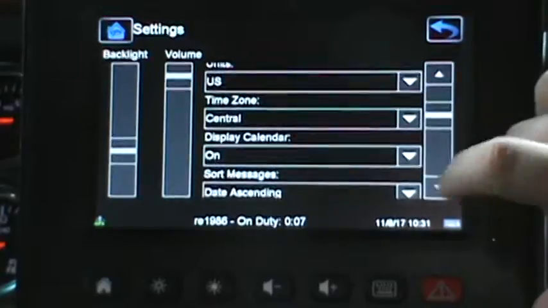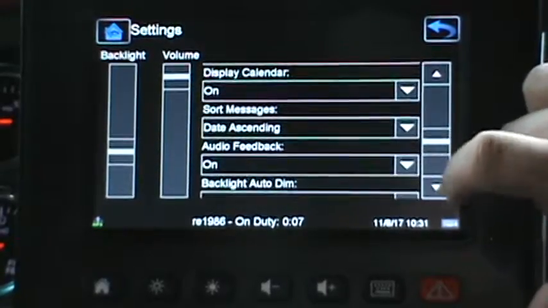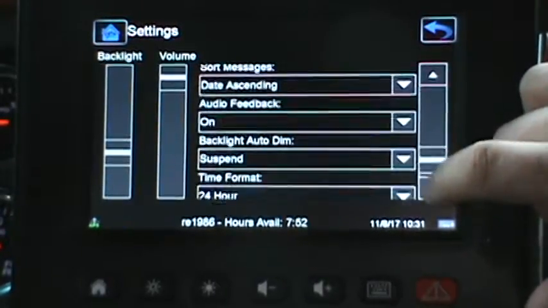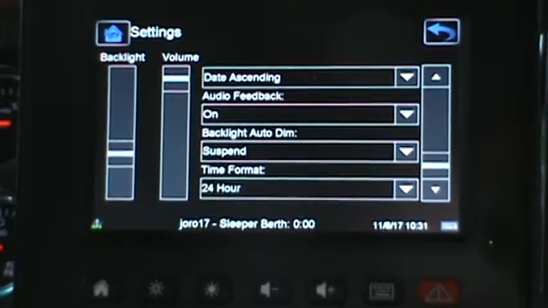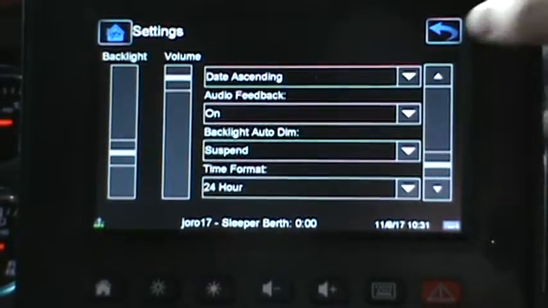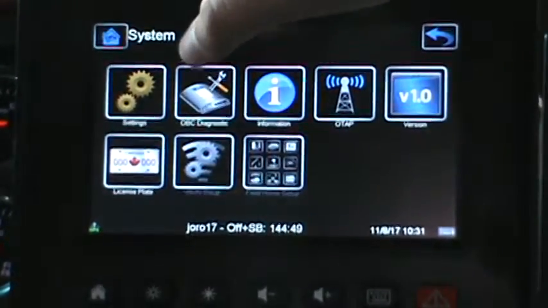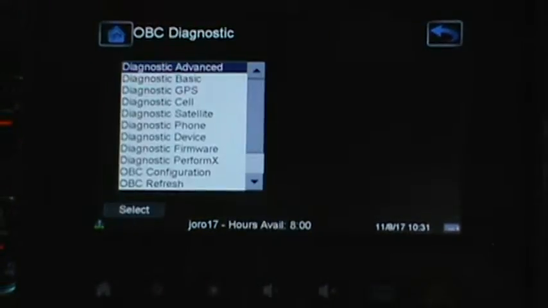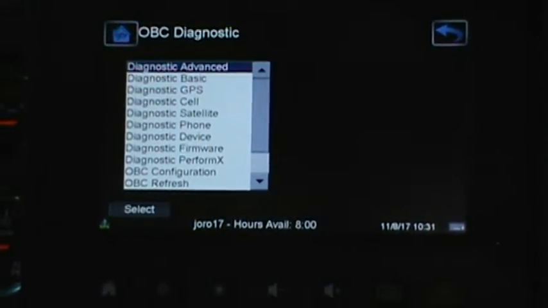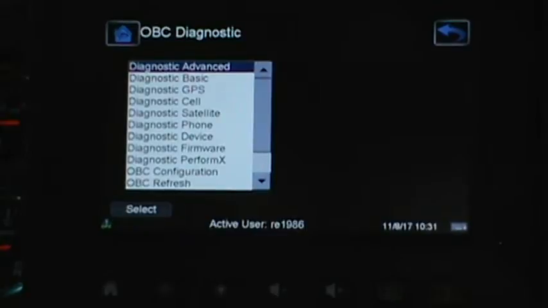It will display the calendar. You can sort messages, audio feedback, backlight, all that information. All of it is preset, nothing you really need to change. Your OBC diagnostics. The only time you'll ever go into this is if there's